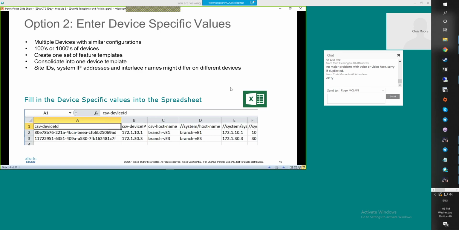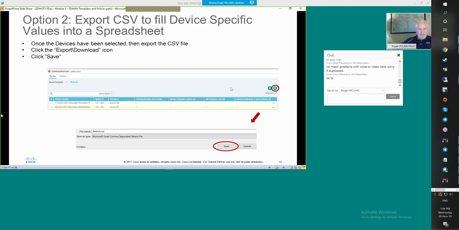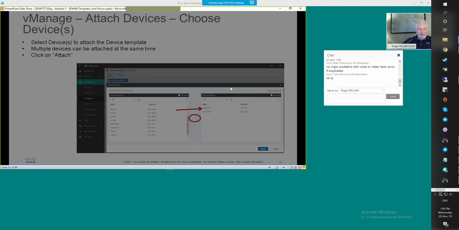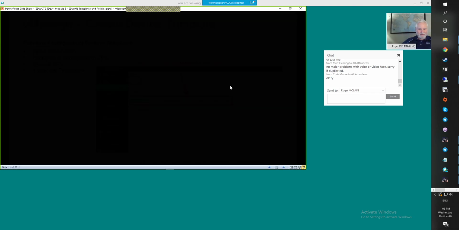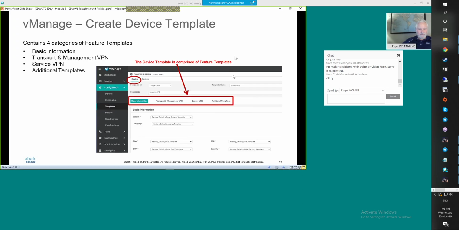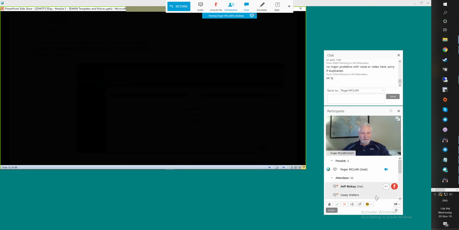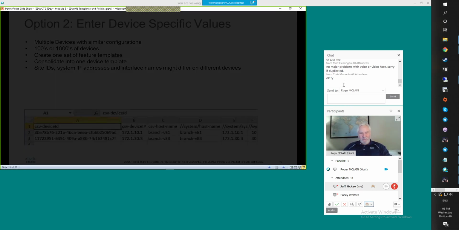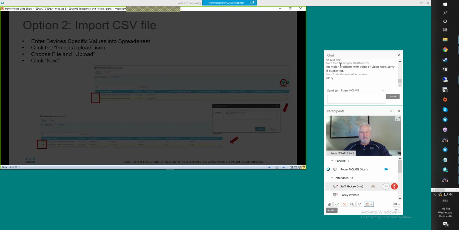Now, again, the hope of that makes sense because you can see that there's the wrong IP address there, and it got pushed there because of a device template in vManage. Somebody made a mistake. That's why I was telling you guys before, when you're on this page, I already went too far back. When you're trying to attach the device template to the router, and you have the ability to preview the configuration, which is here,